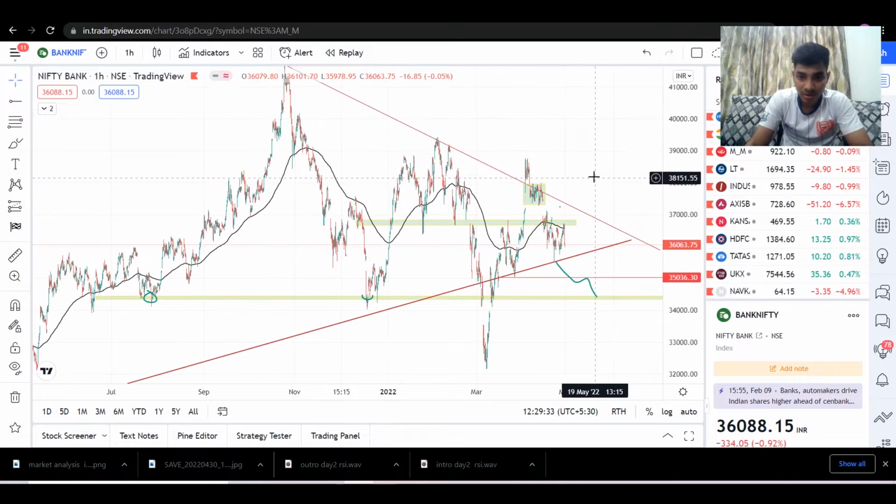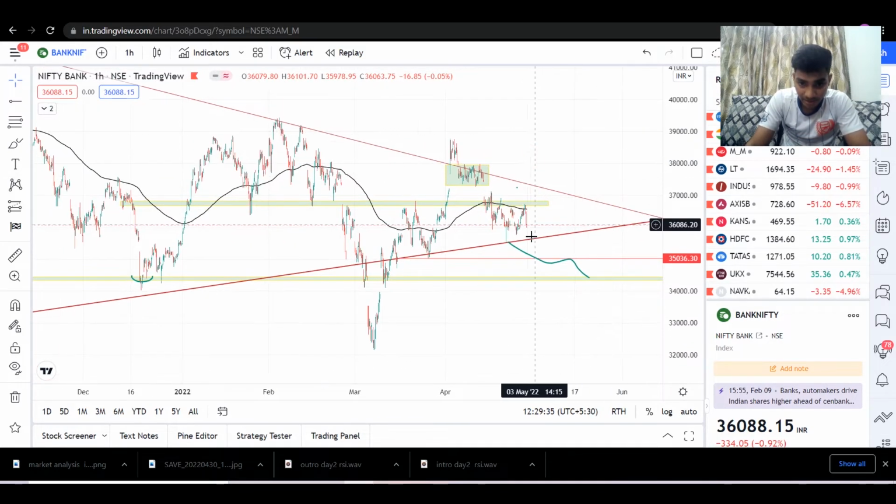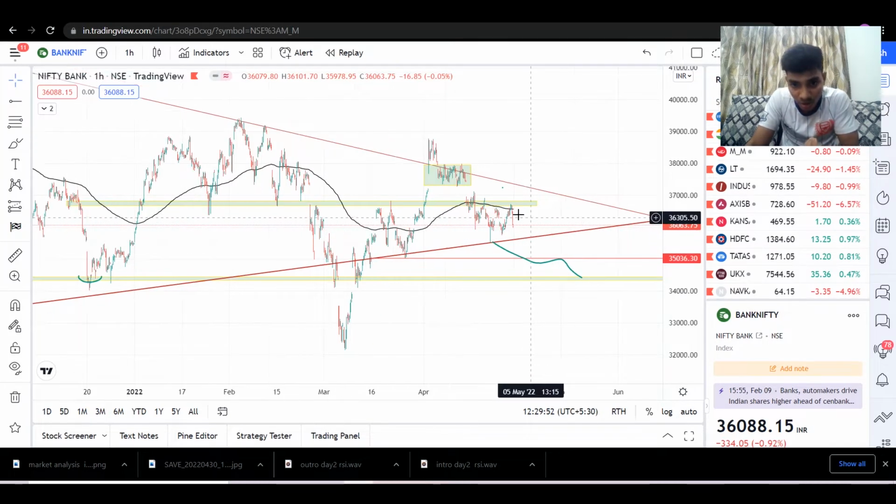Alright, now on the upper side, if Bank Nifty comes somewhere near the trend line, and if it starts reversing, or if it forms a morning star or a doji candle, you can go long with a small stop loss just below that candle's low. That means the candle's wick. If you keep the stop loss below that candle's wick, you can go long, and you can take the target of 36,671. This is initially going to be your target, that is the previous day's high, and thereby you can go up to this point,